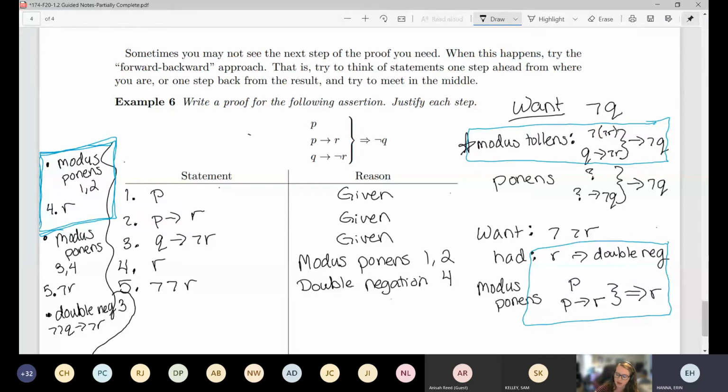And then again, since I worked backwards, I know that now this modus tollens rule is going to fall out for me. So if I use modus